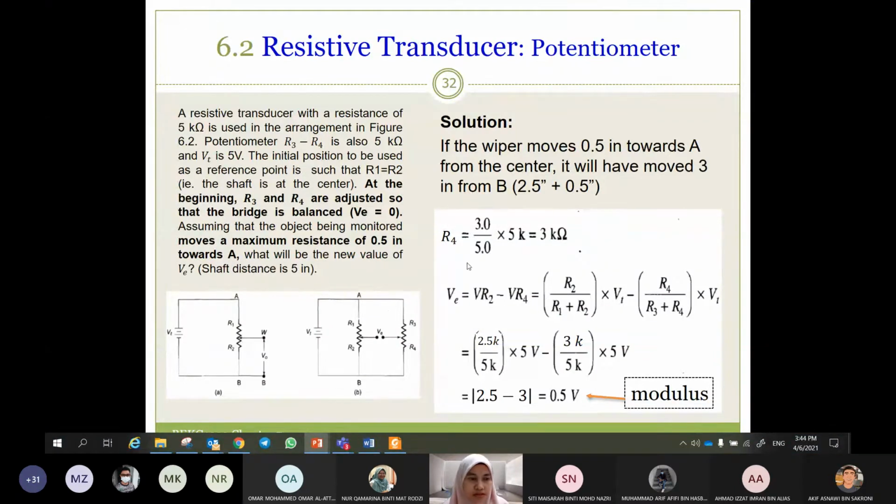This is what we have discussed in the last previous class. Actually, there is a mistake in VR2 and VR4. To find VE, VE is equal to VR2 minus VR4 or VR4 minus VR2. But to calculate VR2, it is equal to 2.5K, because